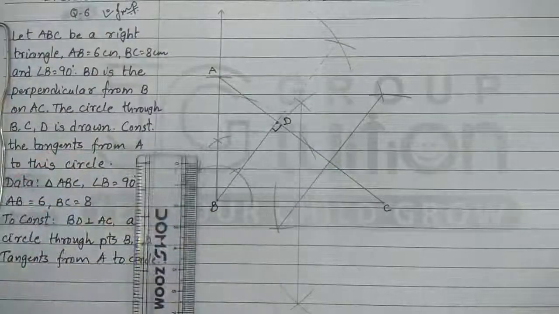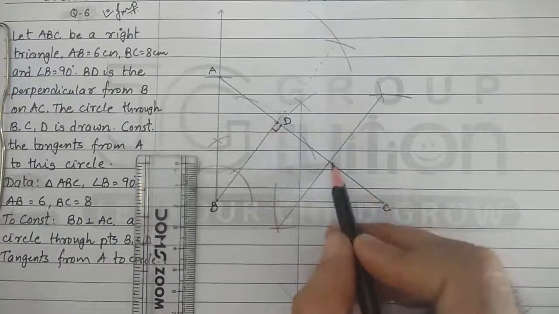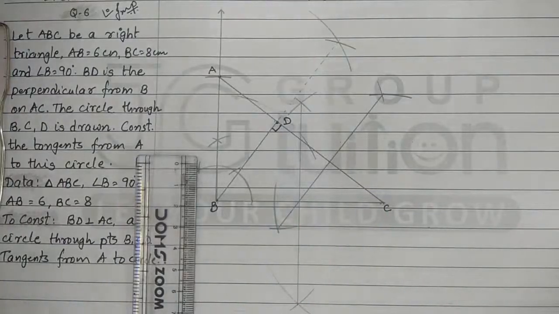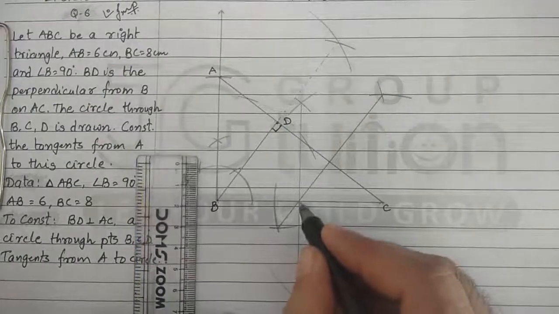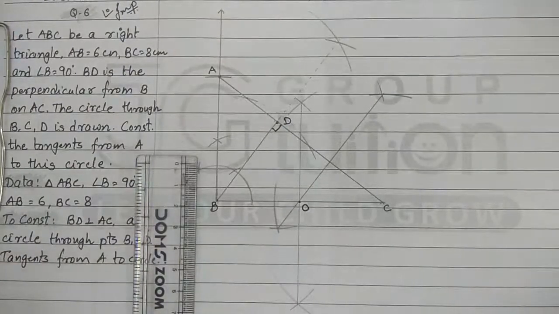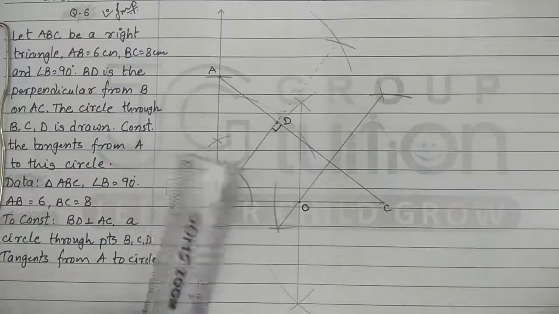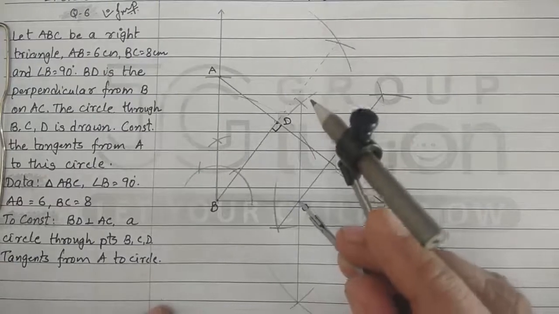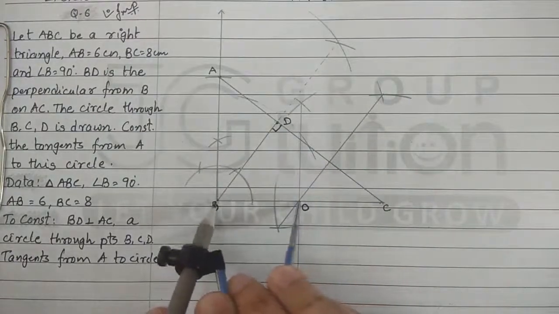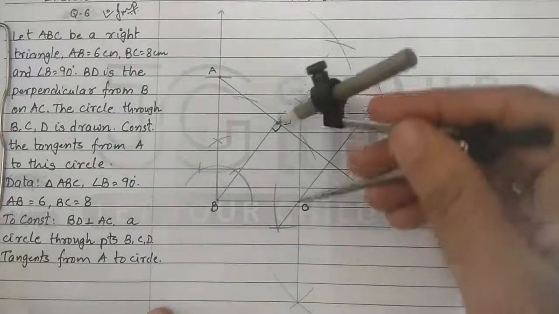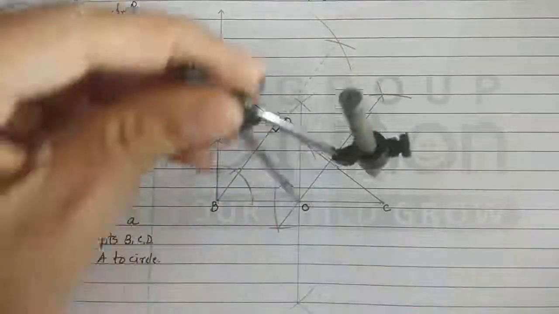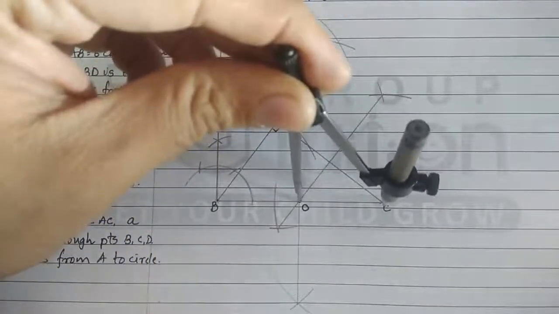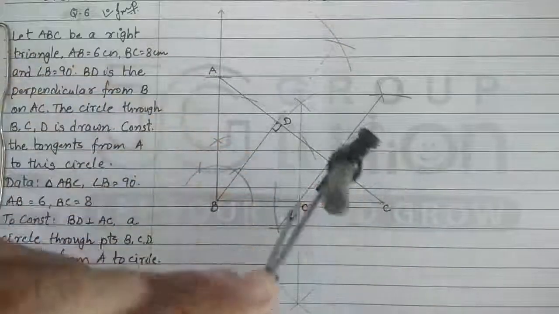As we can see, the perpendicular bisector of CD and the perpendicular bisector of BC are both intersecting here. Now this intersecting point we should consider as the center of the circle which we require. From point O, we can measure the radius. You can see that OB is the same as OD, the same as OC. So O becomes the center of the circle which we construct, which passes through points B, C and D.